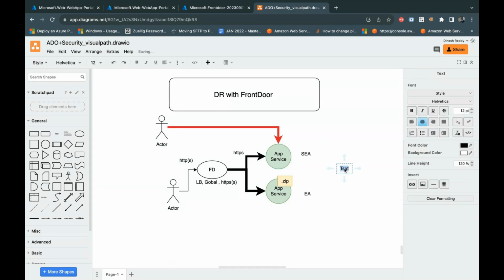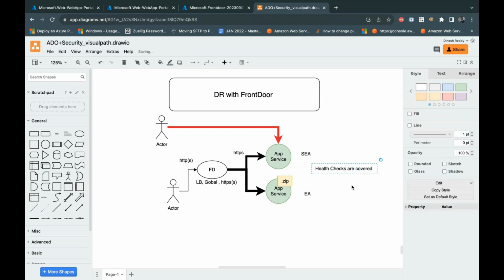you need to make sure health checks are covered. This is the first thing. You need to make sure the health checks are really covered, health checks of App Service and Front Door. And secondly,